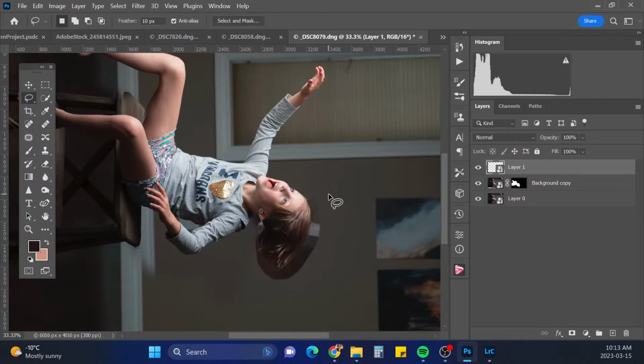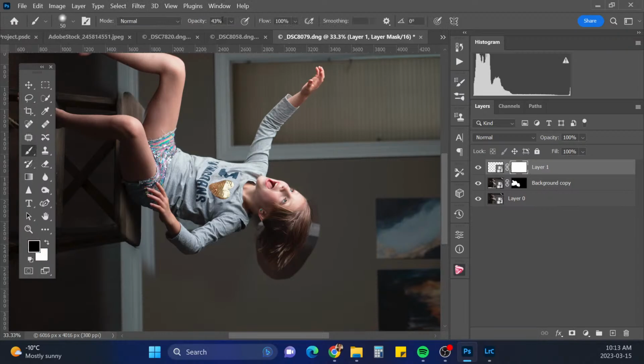Okay, and I will put a layer mask and on a soft brush at, let's do 20%, I'm gonna blend it in. With my black brush, just gonna blend that hair in.